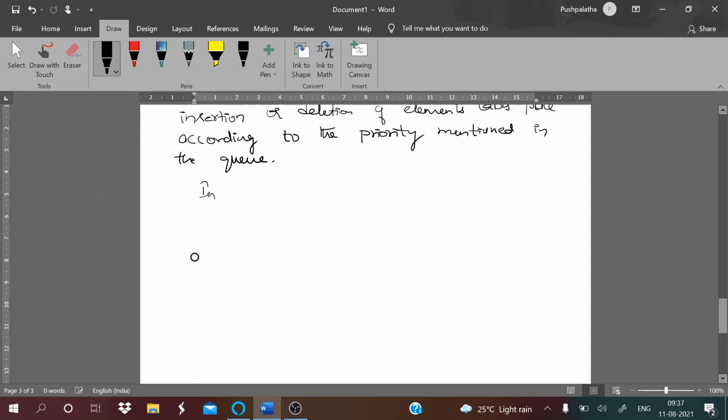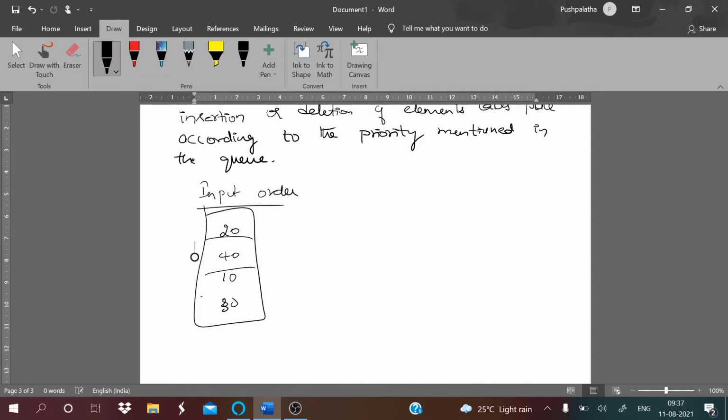Now for example, you have an order, you have to enter elements, so you have one particular order. So these are the elements that we want to be entered. So when you are giving it for a queue and priority, what is the priority here? How it may be sorted in an order.